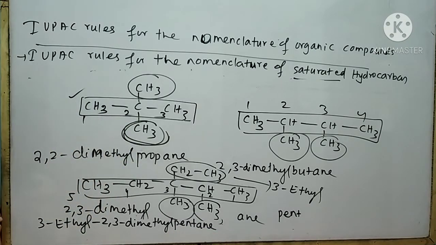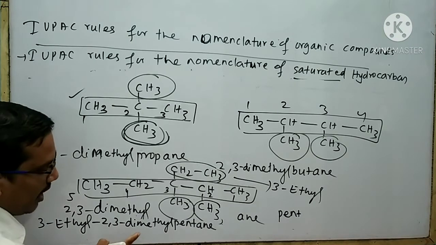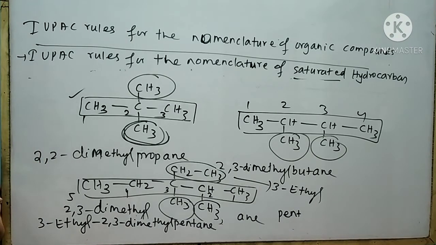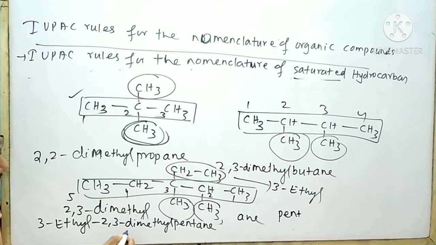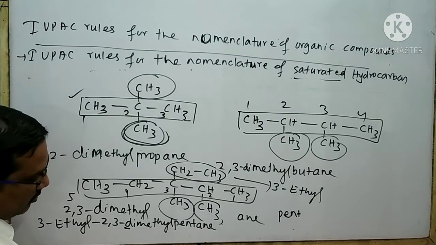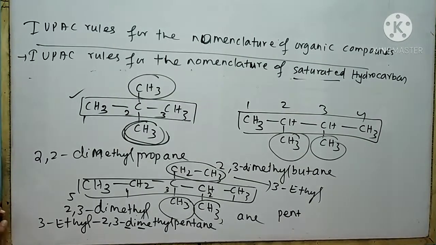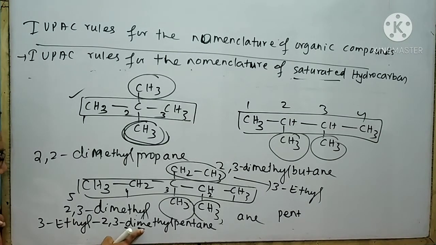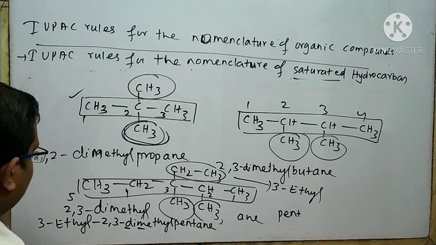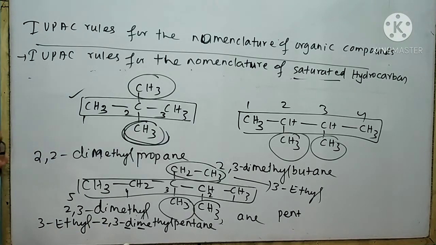pentane. Look at that, here D is present, here E is present, but according to the rule we ignore the prefixes like di, tri, tetra. When we arrange the substituents according to their alphabetical order, we ignore the letter D and think about the letter M, because methyl is the substituent. If I compare the letters M and E, then E comes first, so the word ethyl is written first, then the methyl group is written.